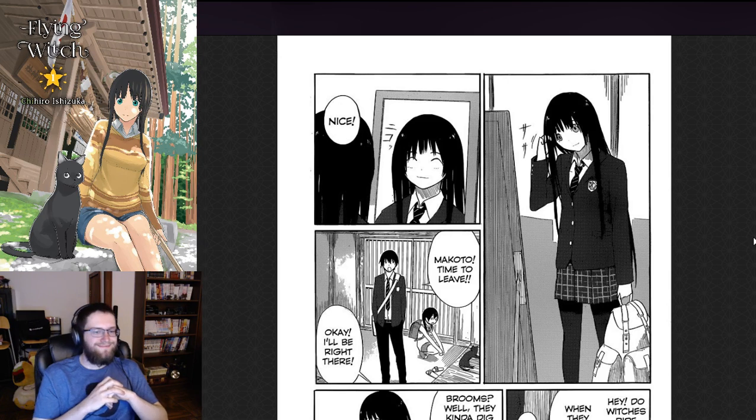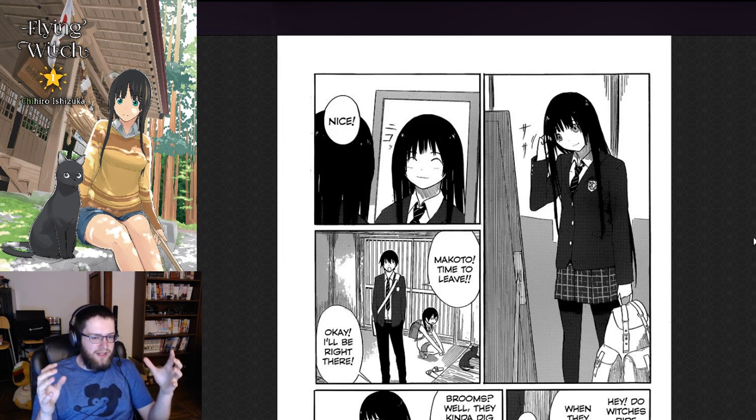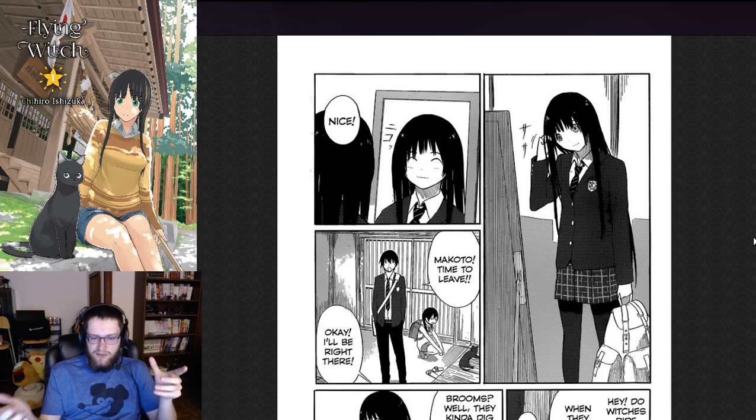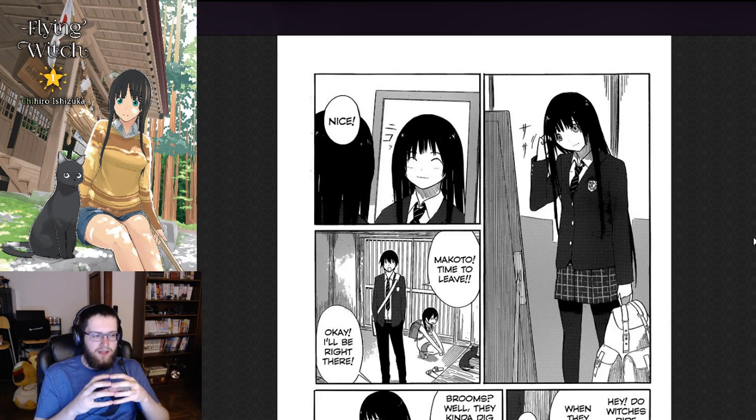There's a nice one for you. This manga is such a nice mix of sort of, the best way to describe it is fantasy, like slice of fantasy instead of fantasy or slice of life. And I think it's just